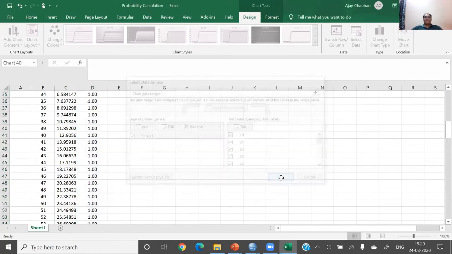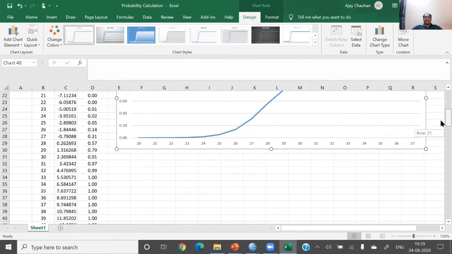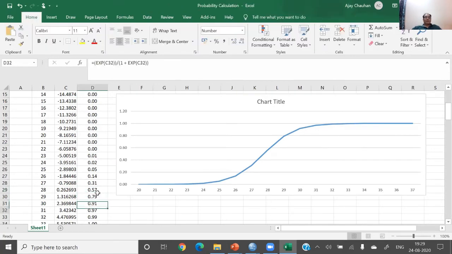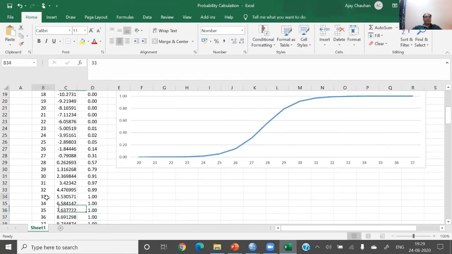Okay, so it means if the income of the person is less than 23, it is very sure, even less than 24, the chances are very low that he is having the housing loan. And if the income is more than, you can see here, 33,000, 34,000, the probability is that they are having the housing loan.